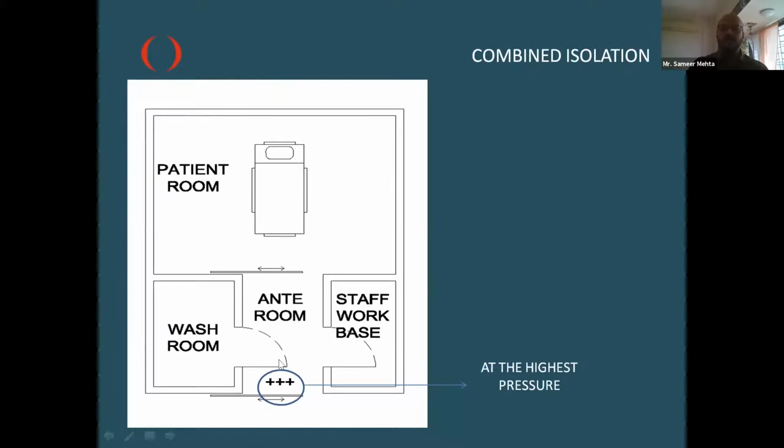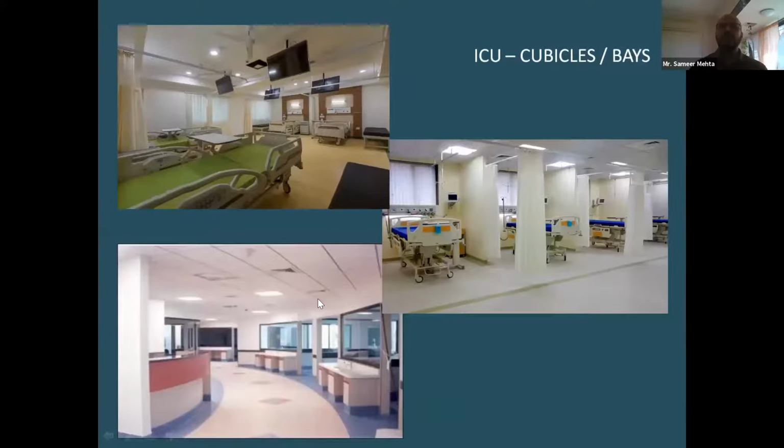So this very simple and elegant engineering principle of maintaining the anteroom at highest pressure will allow you to maintain a patient who's both infected and immunocompromised without any risk to the world outside. So this is something that I thought is not very commonly known, and I could share with the audience here. Going forward from air conditioning, I'll touch a bit about